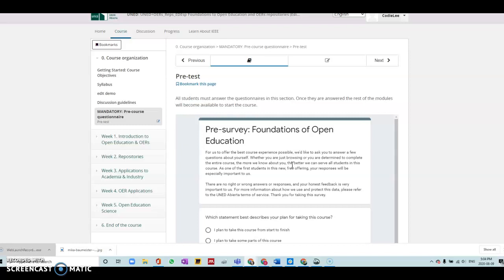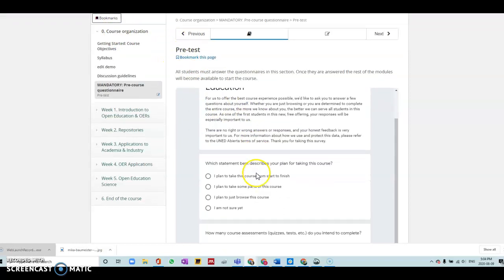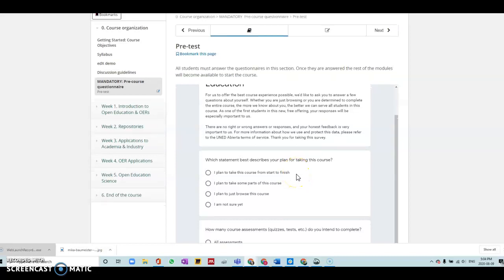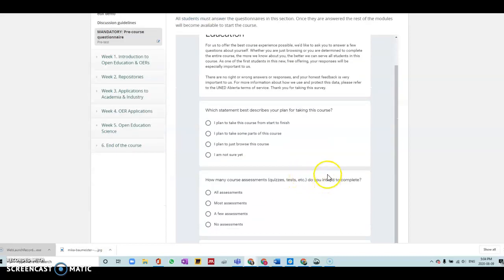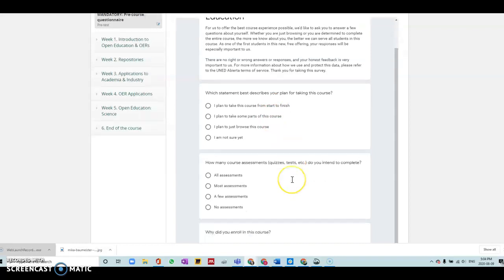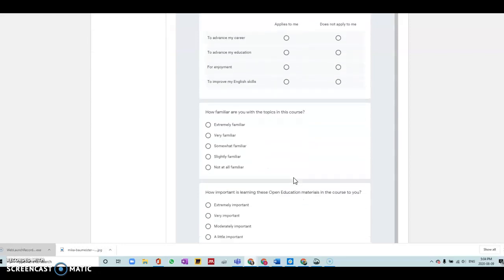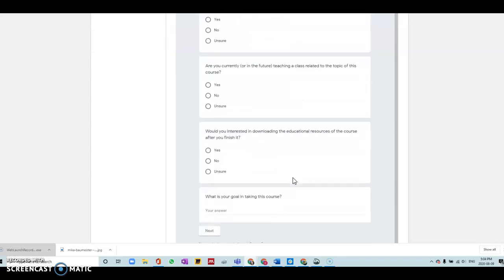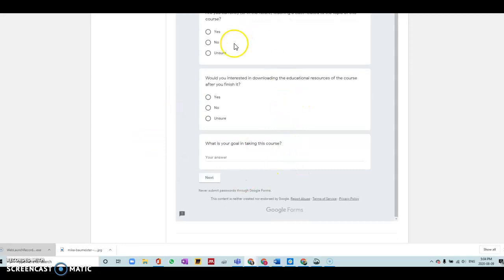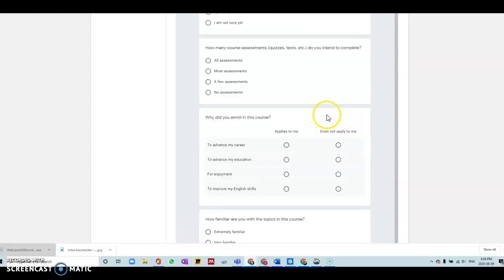Anyways, back to our pre-survey. I think how it related to that part of the article was that most of the questions they're asking are about the intentions to complete the course. I think perhaps from a research standpoint, they're wanting to know if many people are saying, I'm not sure yet, and then they don't finish the course. That's very different than the majority of people saying, I plan to finish the course from start to finish and not finishing it. They start to ask them, what are your intentions for completing assignments? Why did you enroll in the class? How familiar are you with the topic? All the way down to, what are your goals for the future, and are you an educator? So I think that that's a very interesting aspect